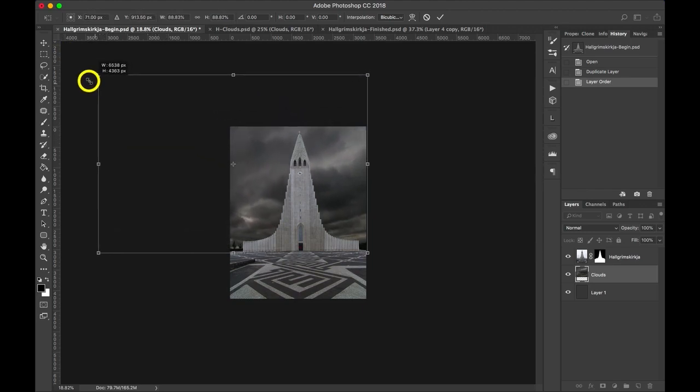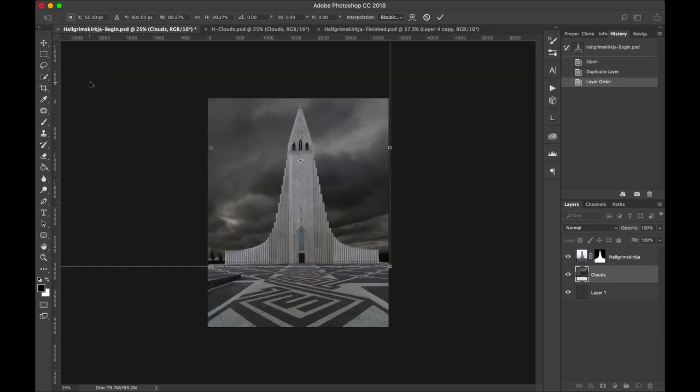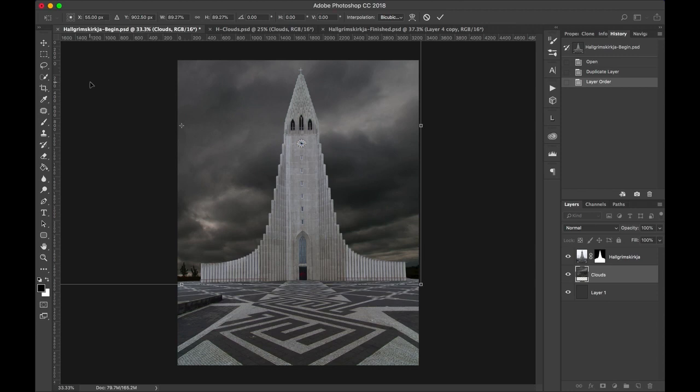I'll leave it about where it was. Now let me zoom in again to get the positioning. That's not bad right there. So now I'm going to click on that little checkbox at the top of the screen to accept the transform. There we go. So now we can see both the church and the clouds,